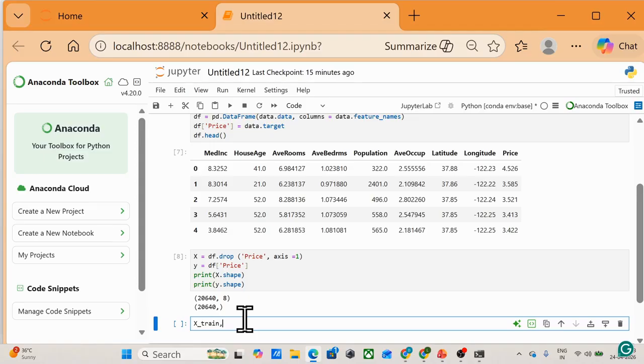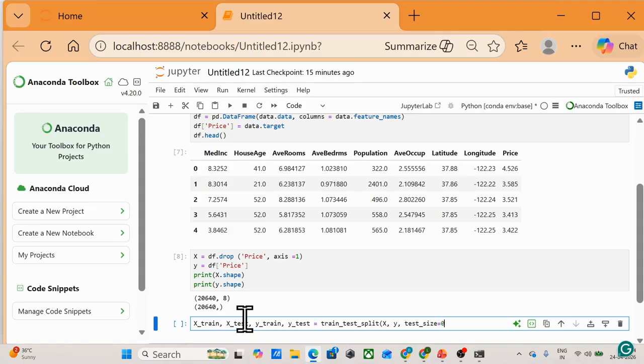Okay, we'll take a test size of 20% of the data.